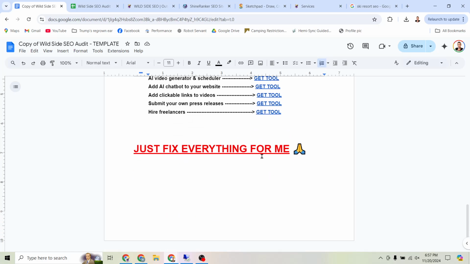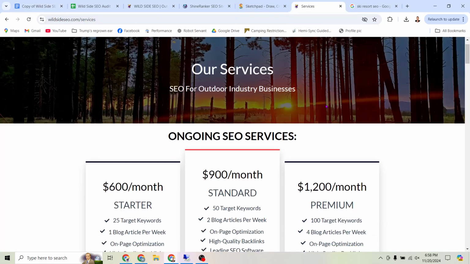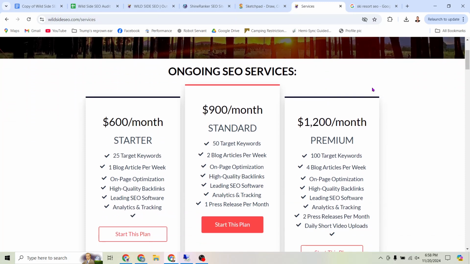And then, of course, there's a button on the bottom of this list here that you can click, which says just fix everything for me. So if you click that button, it's going to bring you to our services page here, and we've got a variety of different services here that might help you. If you're just all in and you know that this is something you need, maybe you've been sleeping on it for a while,